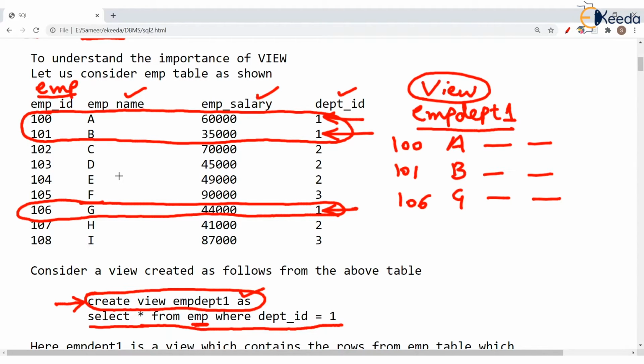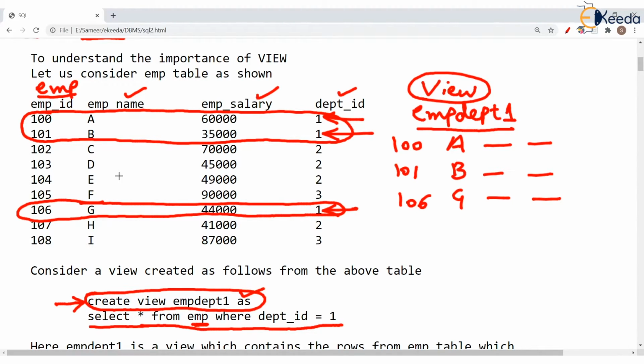Now what's so special about this view is that, as you see in this particular table EMP, there are 3 departments: department 1, department 2, department 3. Our company has 3 departments and these are the various employees working in the departments.